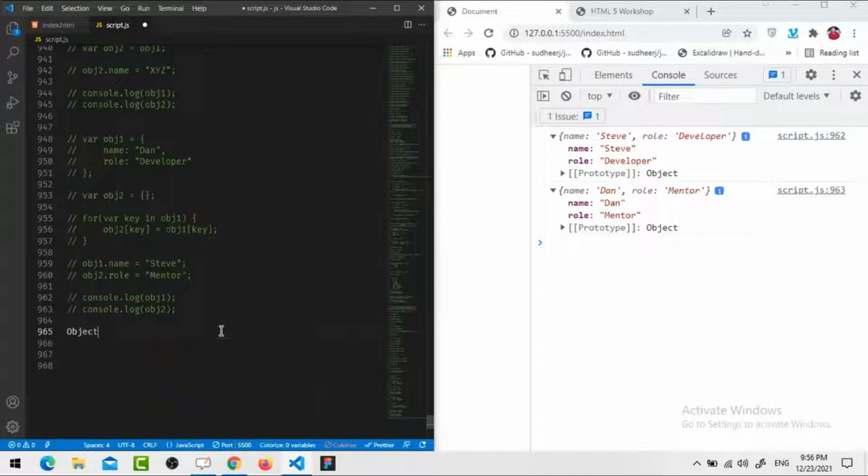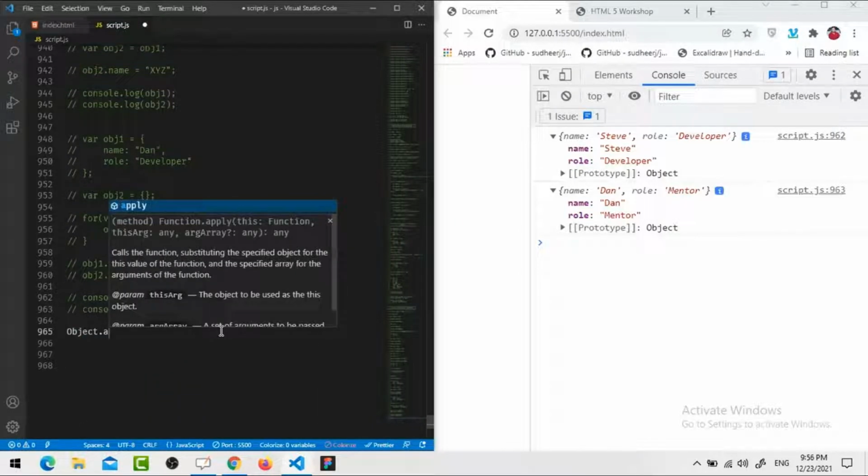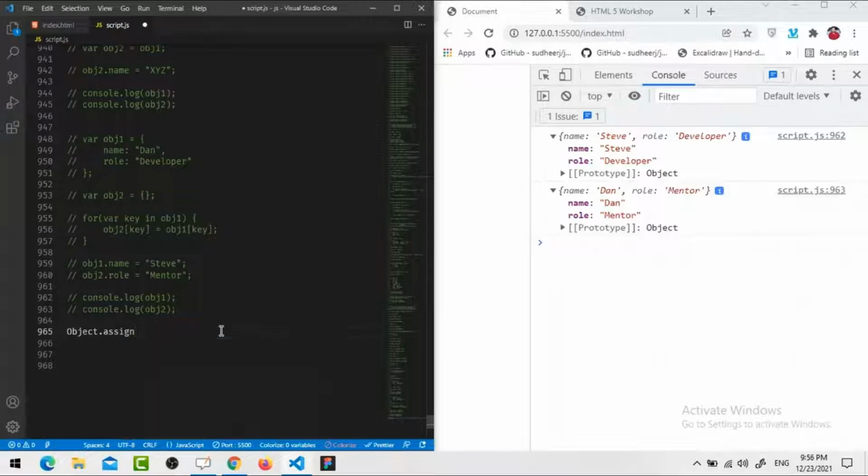So now if you want to clone, you can use the Object.assign method. This is one built-in method that you can use. Okay. Object.assign. So let's say here